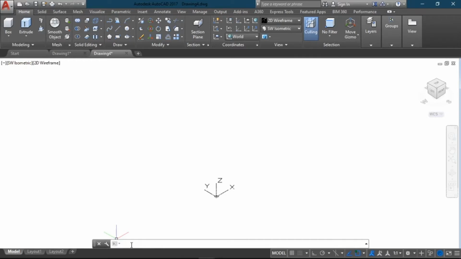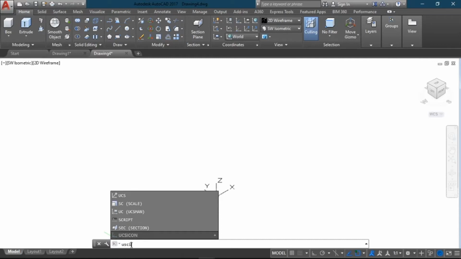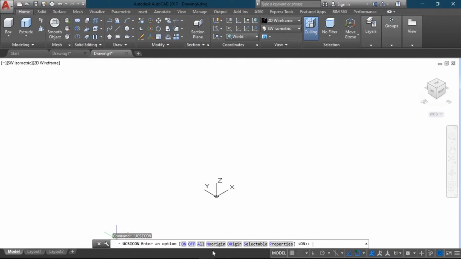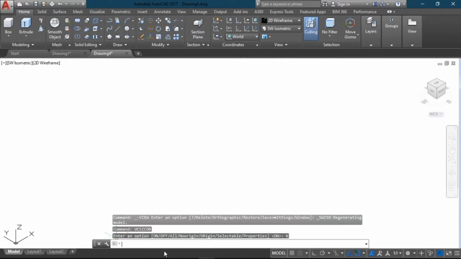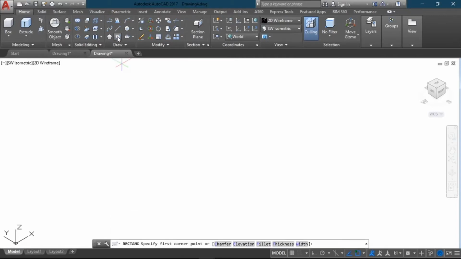If you want no origin, just type UCS icon, enter. Just click no origin, so we can see where the UCS is located. So let's say for example we draw rectangles. Just click home and then rectangle, specify first corner point,